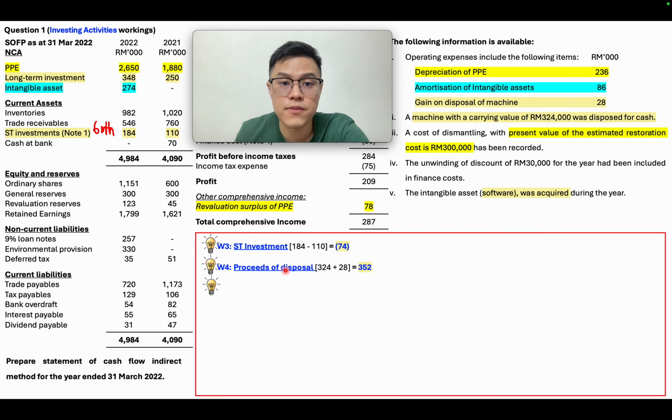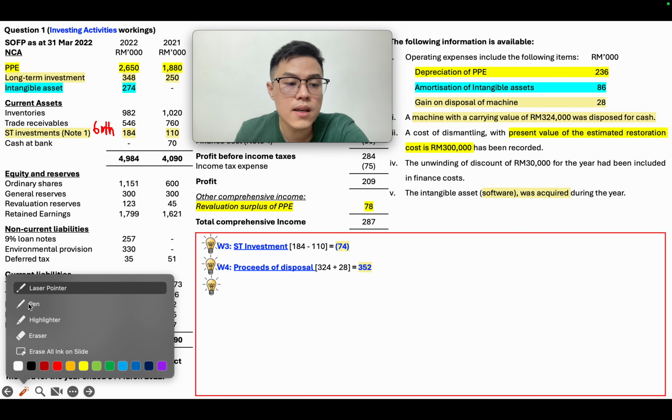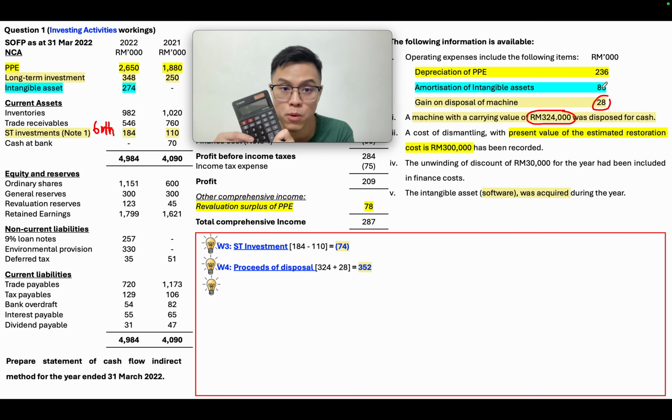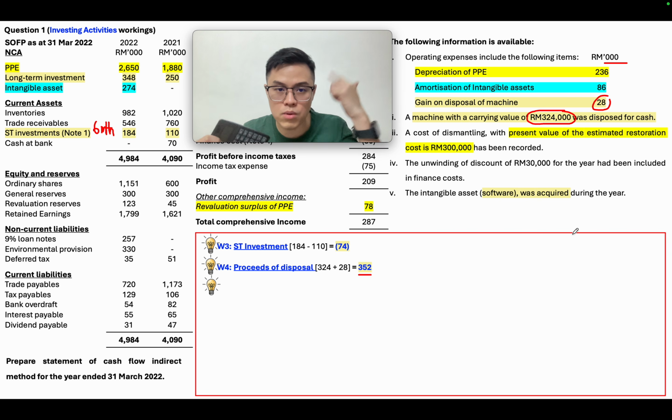So the next one, proceed of disposal. Can you see in here, we are trying to tell you that the book value is 324, meaning to say this asset worth 324. But I made a gain of 28 by disposing it. So 28 is in 1,000, so please bear in mind. So 324 plus 28, you know that your selling price is 352. Therefore, that will be your proceed of disposal. So this is something that you need to think a little bit. If it is a loss, then you need to minus, and that net amount will be your proceed you receive from your